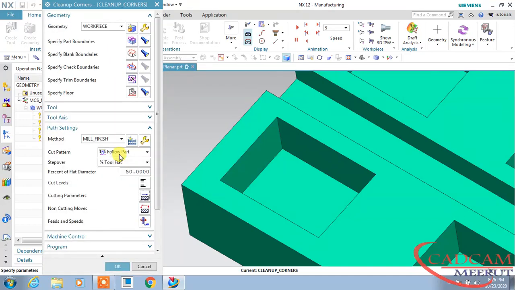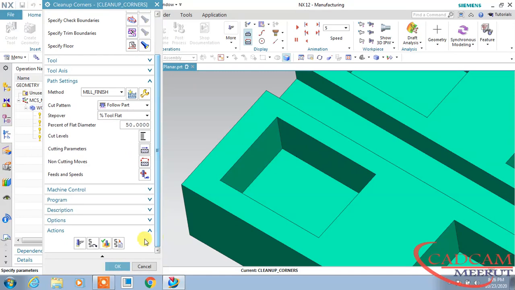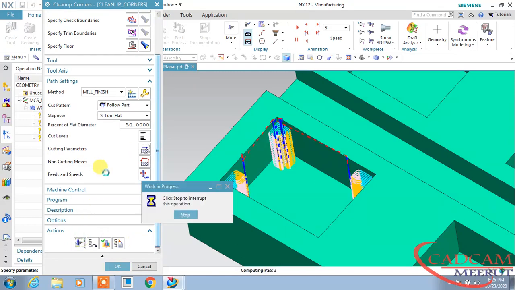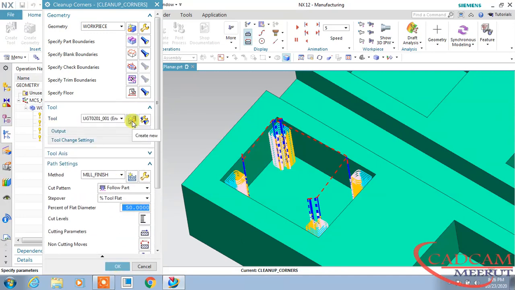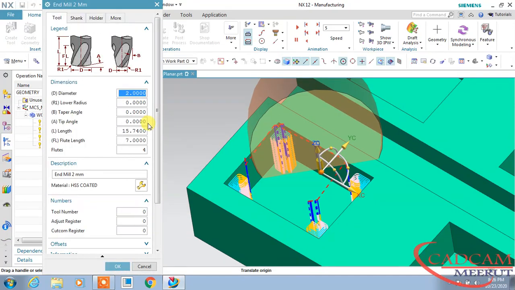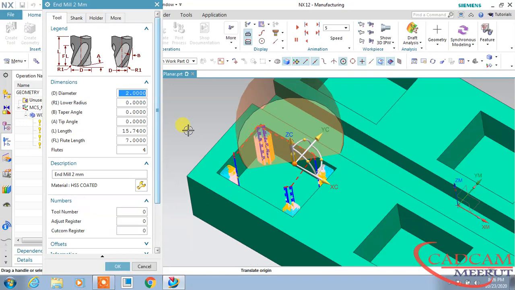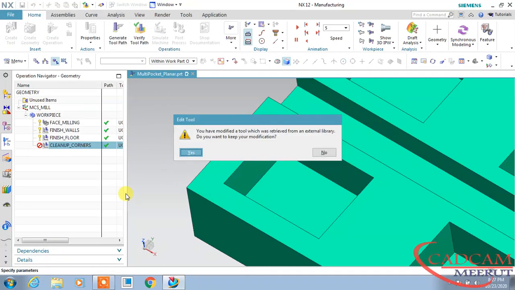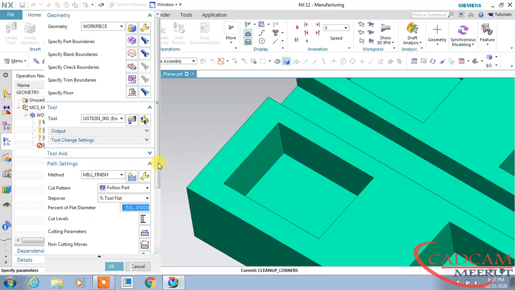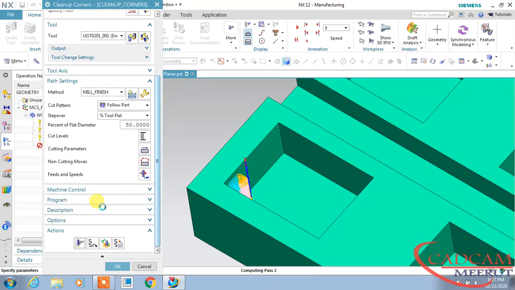So first it will cut the first depth, after that it will shift to another corner. Click OK. And here in tool, increase its height. Its length is 14, change it to 25, click OK and generate again.